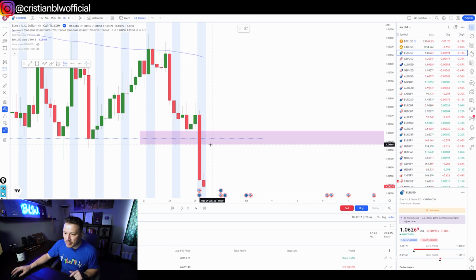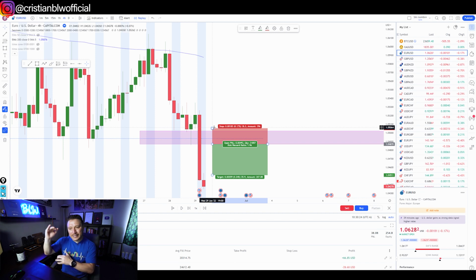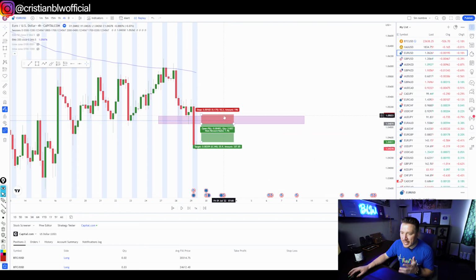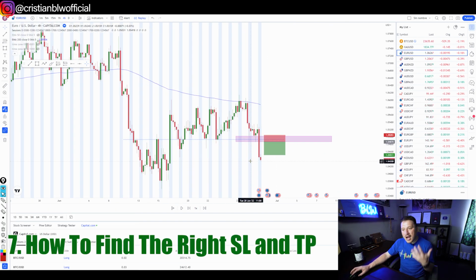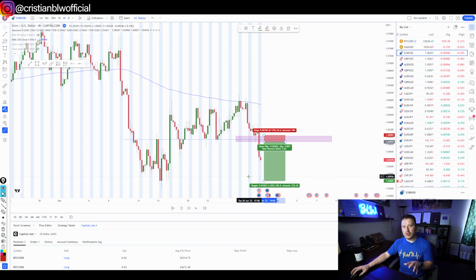So I'm gonna enter my short position right here at the beginning of this zone, and then I'm gonna go slightly above the order block level so that I can be safe. You can see right now that I have 18 pips in loss. How am I gonna choose my take profit? I'm gonna look at the lowest level that has been reached by the exact same pair, which is the lowest low, and that's what I'm gonna go with.